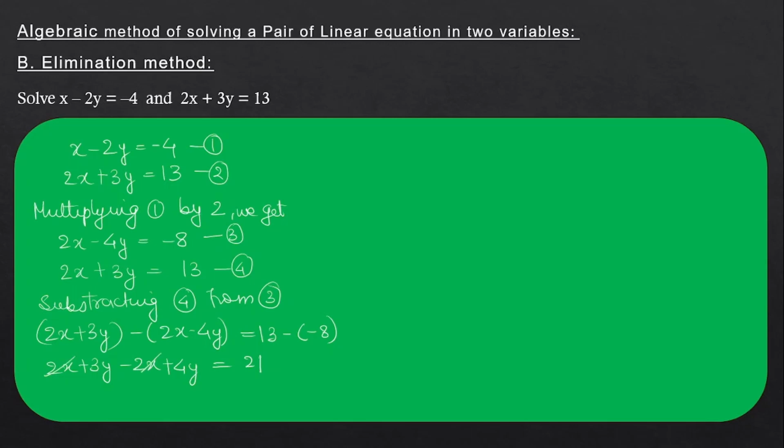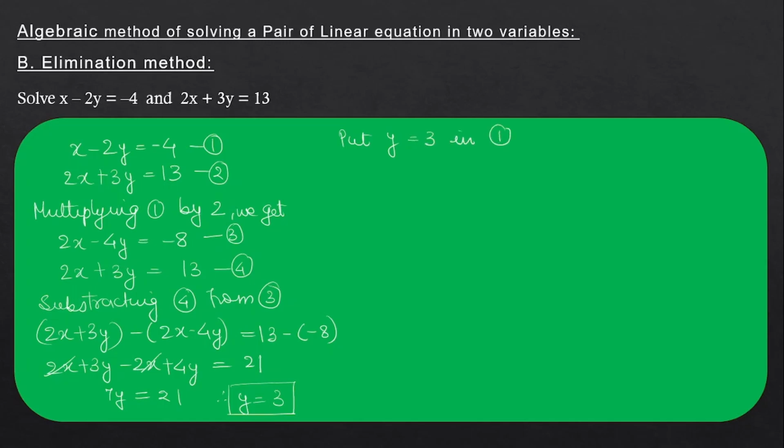This is exactly what we are trying to do when we are trying to eliminate. Here 3y plus 4y becomes 7y, which is 21, and on solving further I get y is equal to 3. Now this value of y we can put in either the first equation, the second equation, the third equation. So put y is equal to 3